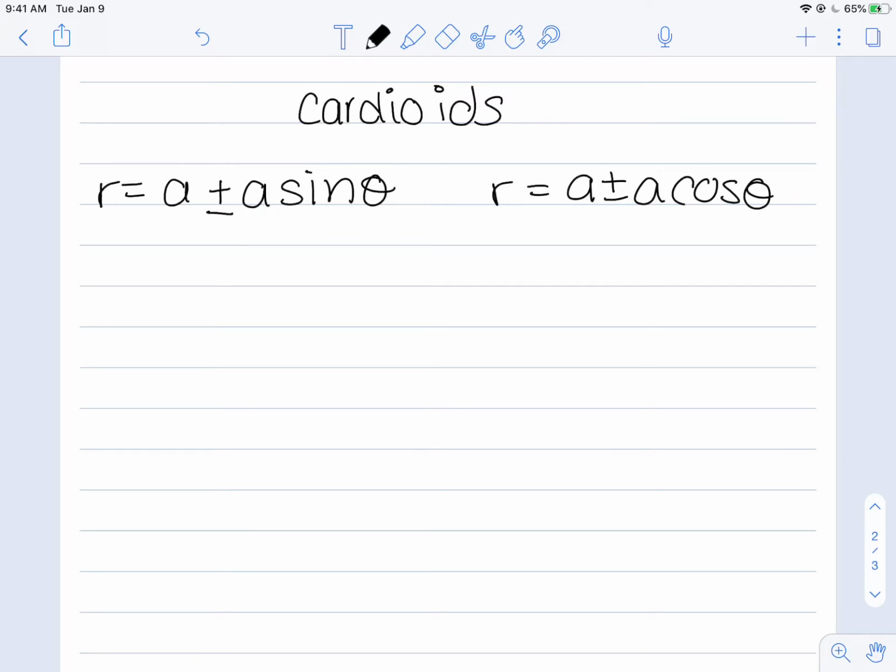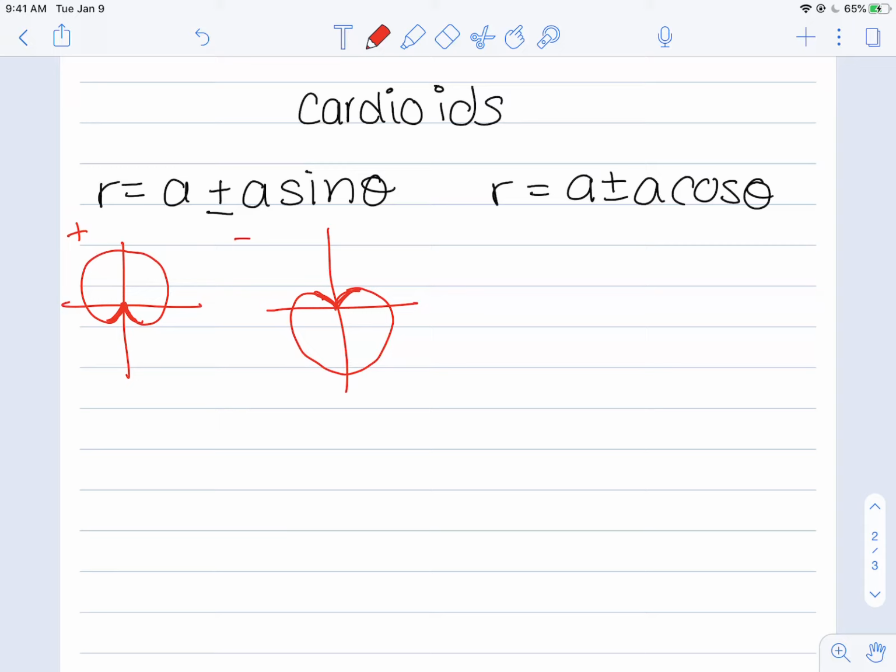So again, if you have a function with sine, you're going to have symmetry with respect to the vertical axis. So your graphs are going to look like a heart with the cusp pointing up. If it's a plus, the cusp is going to point up. If it's a minus, the cusp is going to point down. And these are supposed to be somewhat heart-shaped. Not really, but